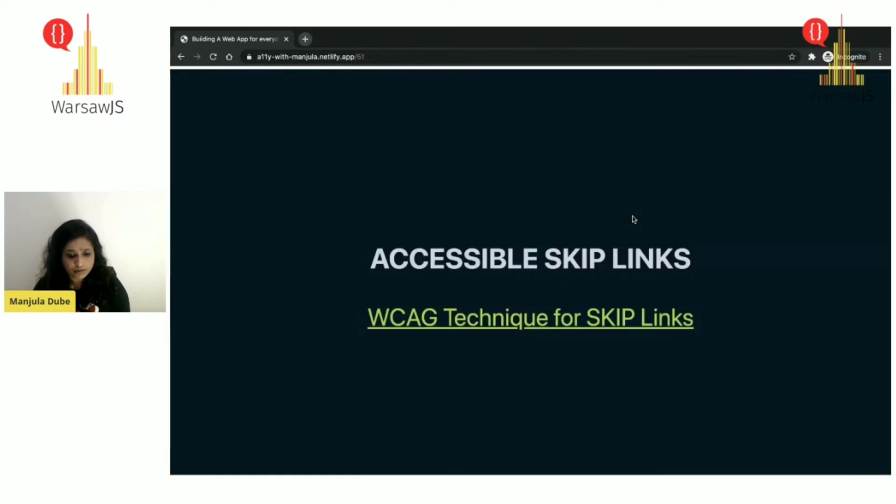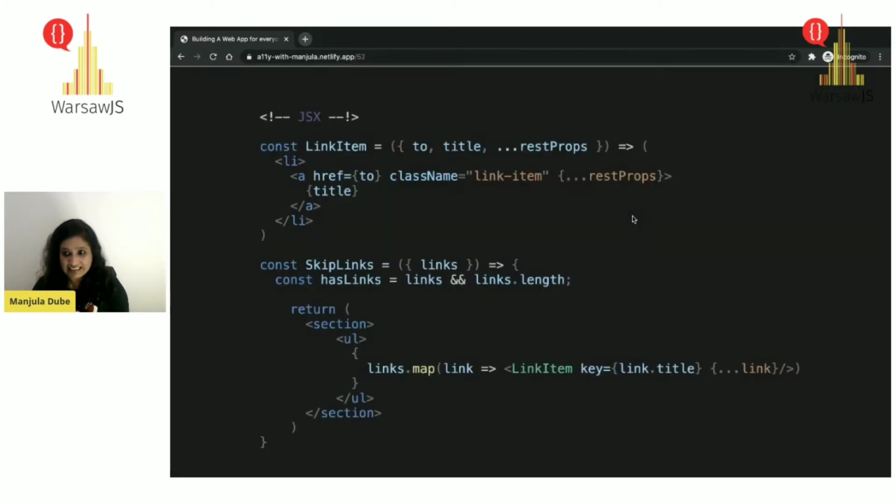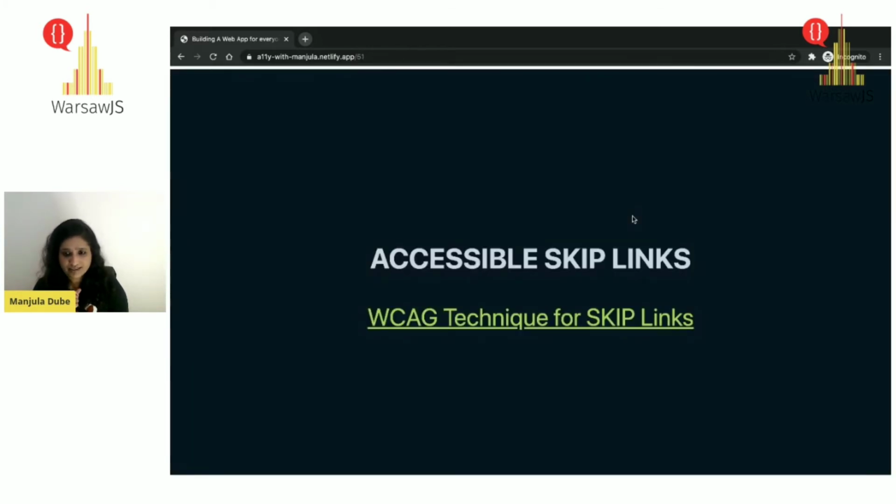Also, talking about skip links, you must have read about it. So, when the keyboard only users interact with your website, they use a tab key to navigate between the links, which means they would not, as a visual user, use the mouse. They will use the keyboard navigation.